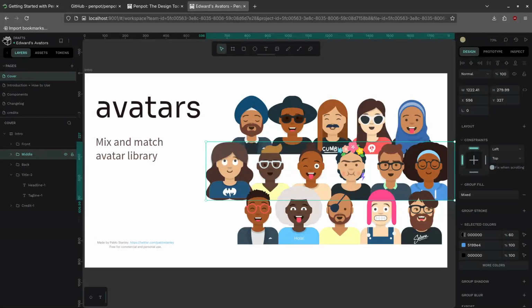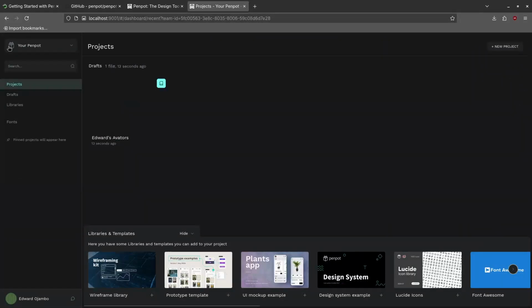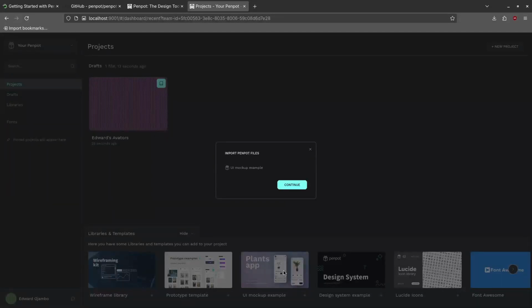So let's say I'm working on another thing that maybe came up. So what I want to do now is I'm gonna click on this icon here. You see it says your Penpot, so I have this one, Edwards Avatars. So I want something else, so actually I do like this one, the Plants app. So let's say I have to design an app for myself or for a client. So you can see here it says UI mock examples. I click continue,